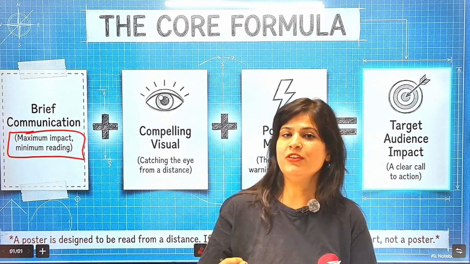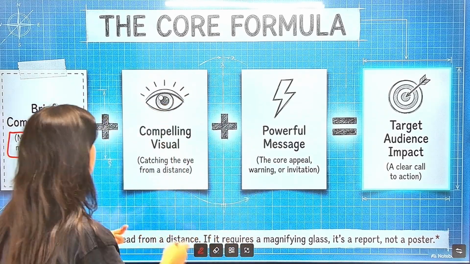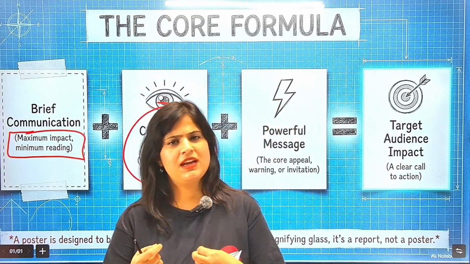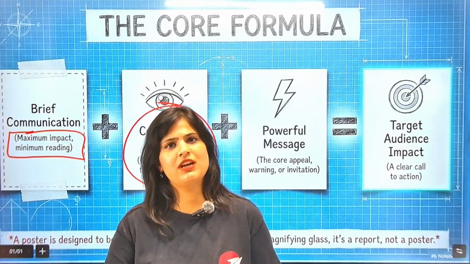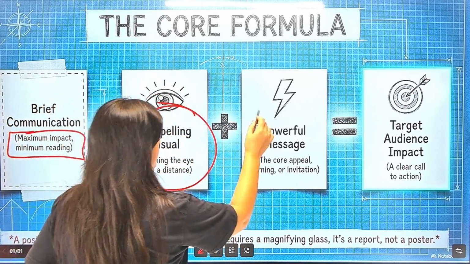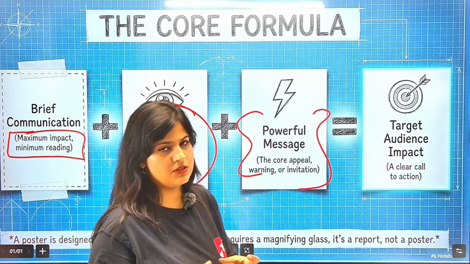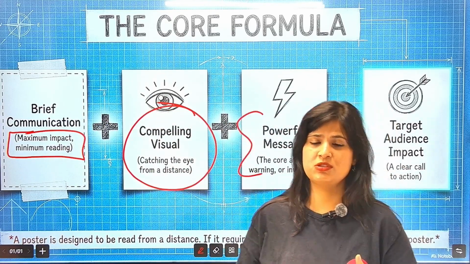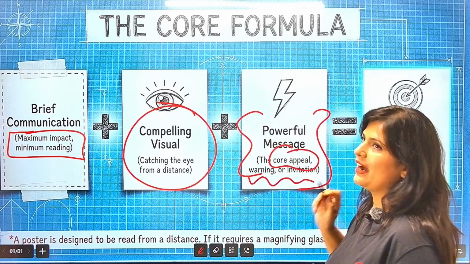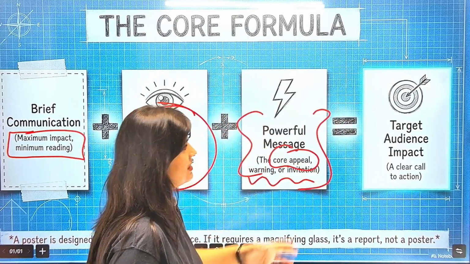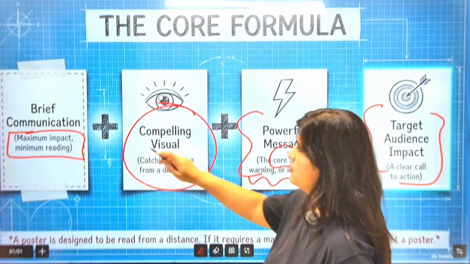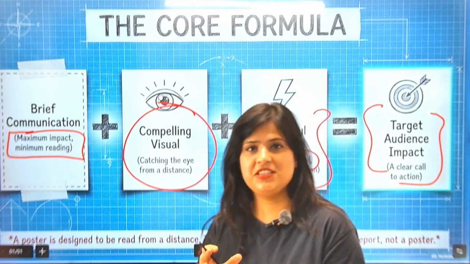Now, if you need to create that impact, of course, you need to include the visuals. Some eye-catchy visuals, some eye-catchy drawings, some eye-catchy illustrations related to the topic that you're creating the poster on. After including the visual, you need to clearly state the message. तो चाहे वो मैसेज हमारा जनरल अवेयरनेस का हो, चाहे वो मैसेज हमारा किसी इवेंट इनविटेशन का हो, you need to definitely highlight it, right? Lastly, of course, you need to keep in mind the target audience, because all these elements together will give you your TG, that is the target audience.